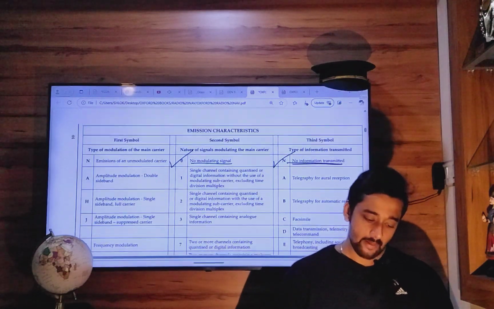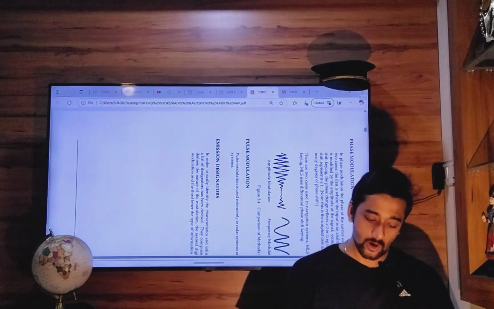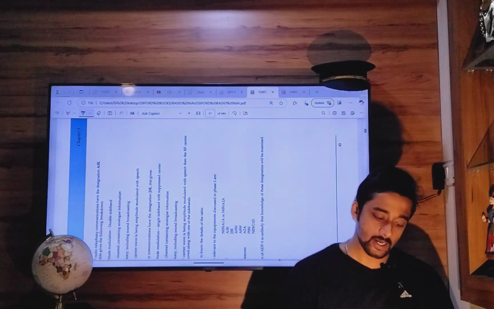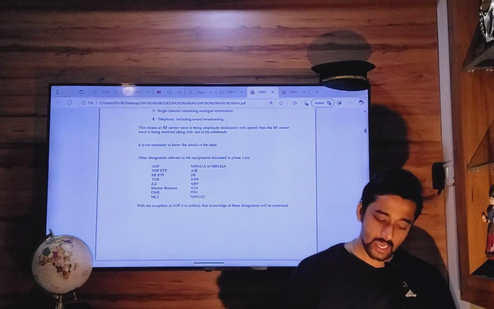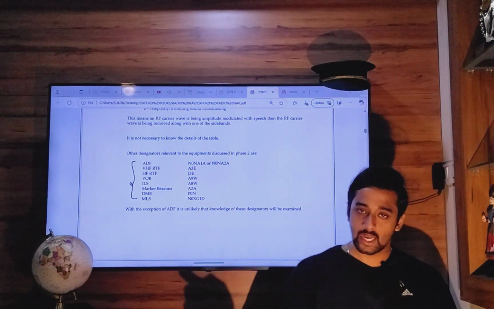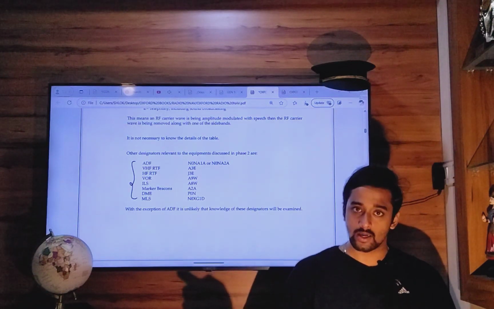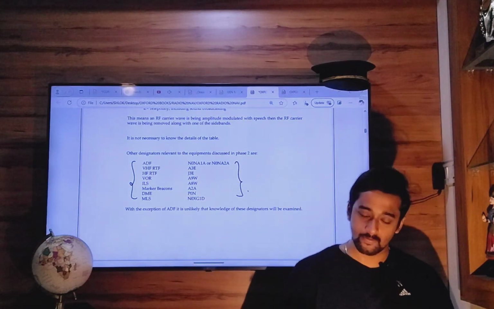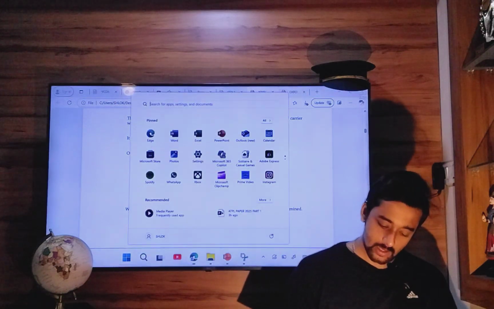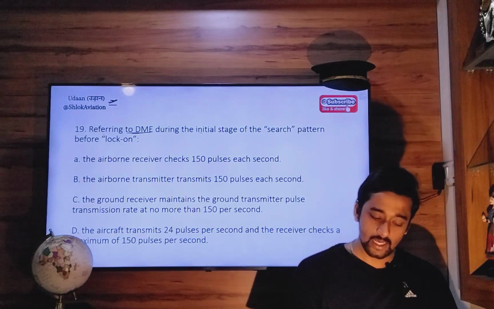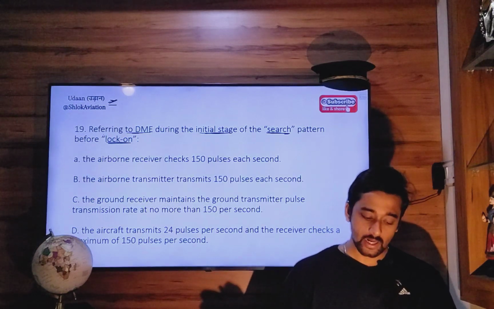Remember these emission characteristics for all equipment, and you must remember all this, especially for your exam. For ADF, for VHF radio telephony, for high frequency radio telephony, VOR, ILS, marker beacons, DME, and microwave landing systems. So remember the emission characteristics for all of them. Next question. Question number 19. Referring to DME, during the initial stage of the search pattern before achieving a lock-on, the airborne transmitter will transmit